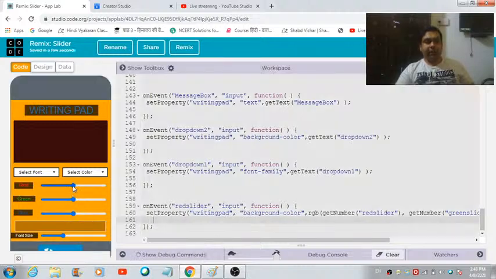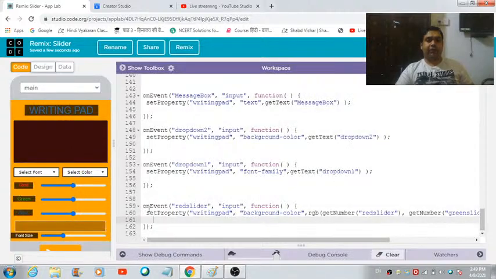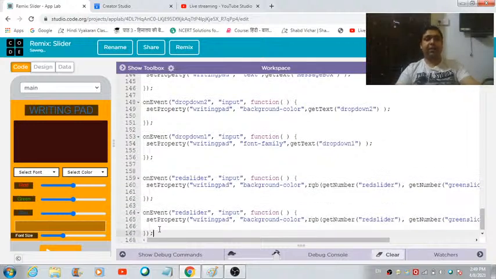Now if I make changes here, as you can see, the background color is changing, right? So it is the red value of the background color of this writing pad which is changing right now. But because we haven't defined any event block for these two sliders, you will not be able to see any changes in the background color if you change the values of these sliders. Okay, now in order to see the required changes, you have to copy this whole code and paste it twice